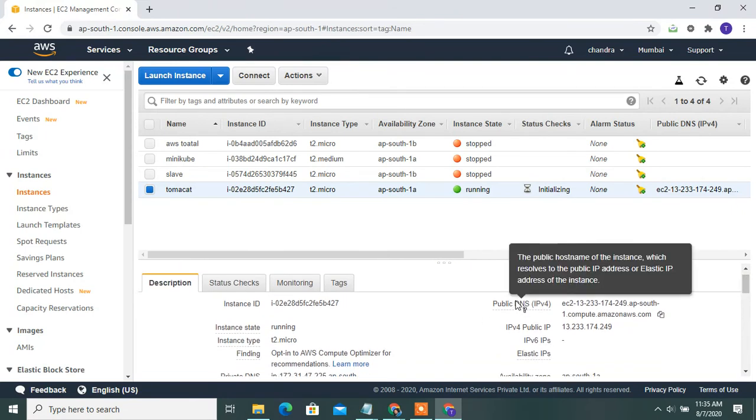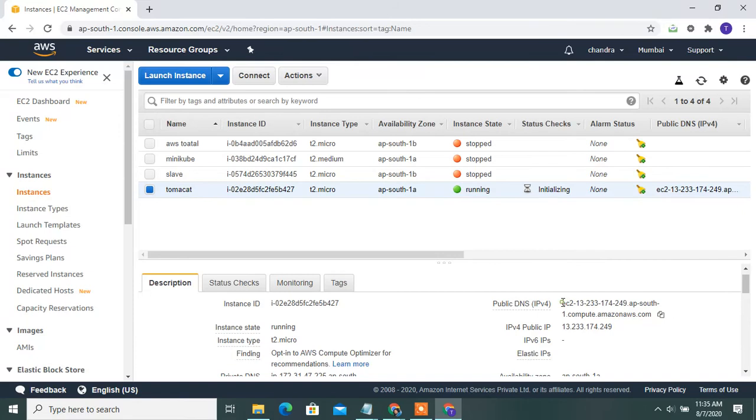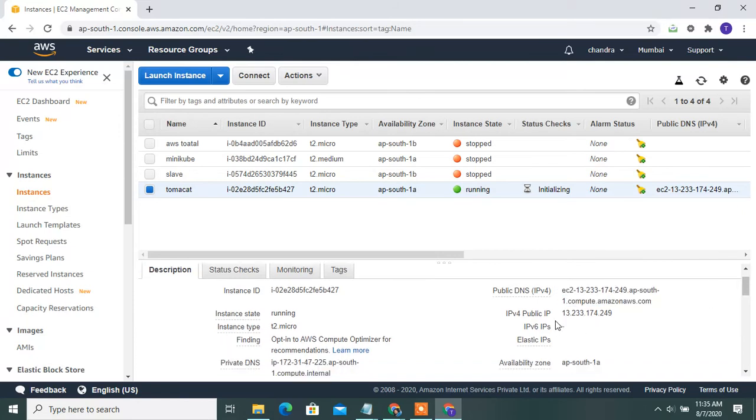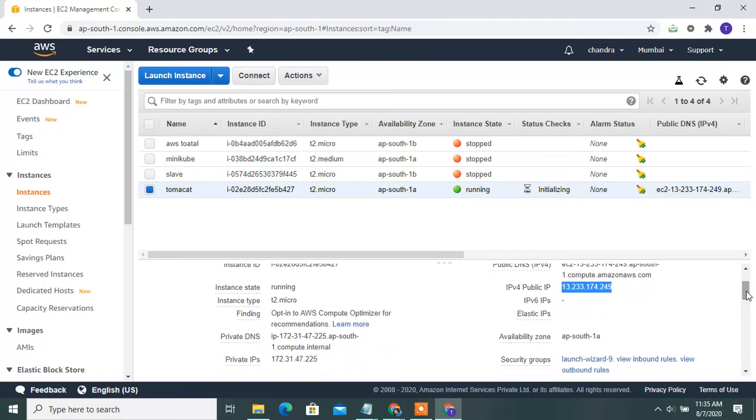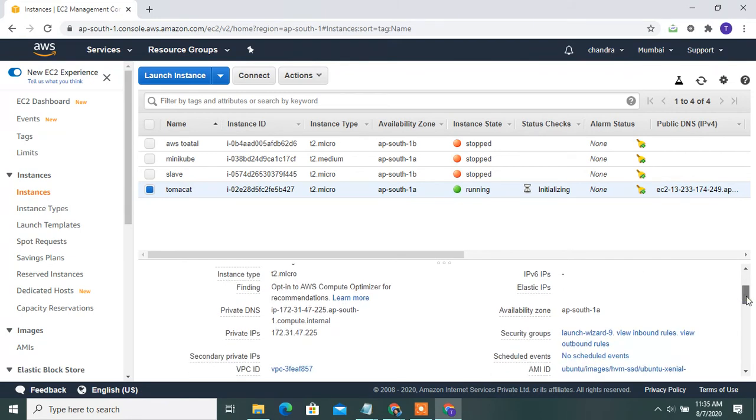The DNS server and IP address are given here; you can copy this and access it anywhere. This is a public IP, and you can definitely run it.